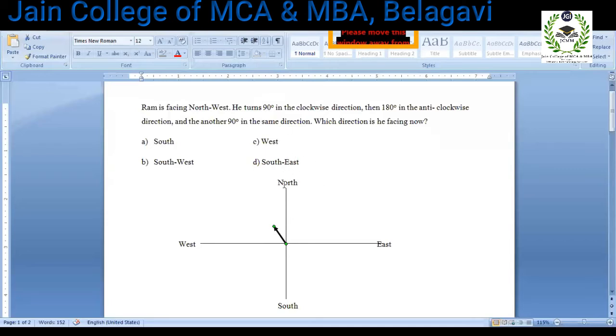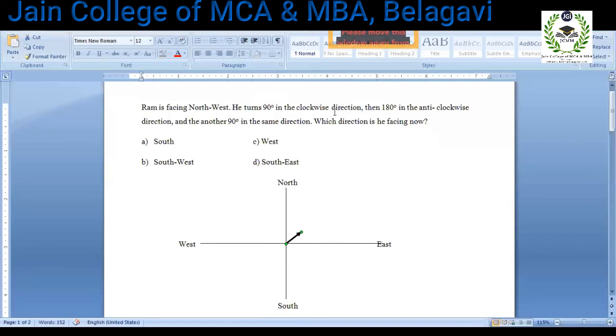He is going to turn 90 degrees in the clockwise direction. Remember how the clock turns from 12, 1, 2, 3. So he's going to turn like this in the 90 degrees. So this arrow of ours is now going to move in the clockwise direction for 90 degrees. So I hope everyone remembers how you draw your angles. So from here, when the person turns 90 degrees, that is, he's facing here. Okay, so he'll be moving like this. Okay, so now he's facing northeast.